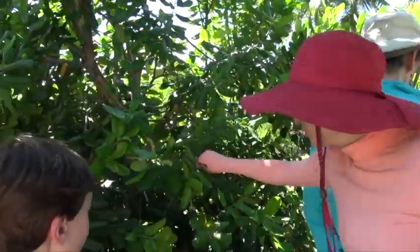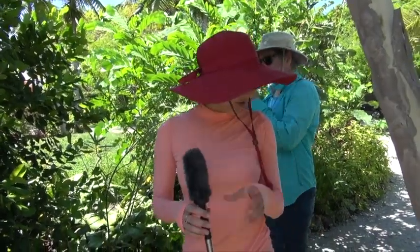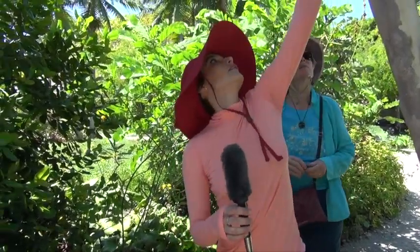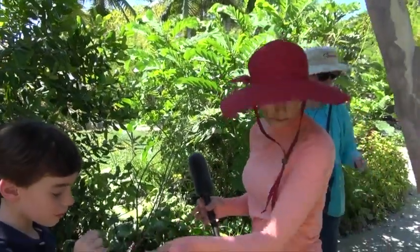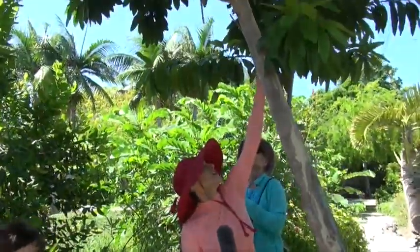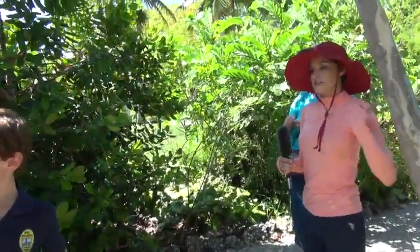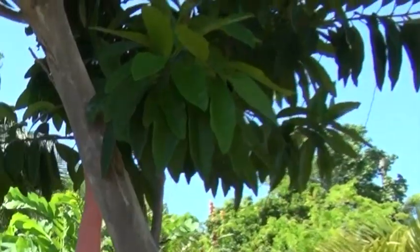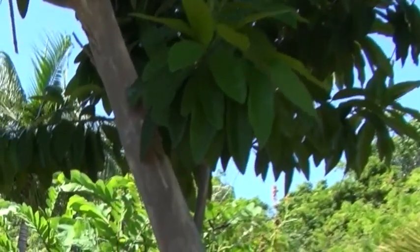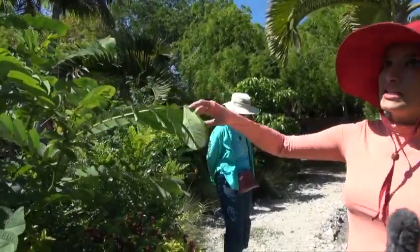I remember thinking. So this tree here, you smell this flower, this leaf. This is bay rum, and over here, oh, it does smell rummish. Over here, this one, you can smell a different smell. Same genus, different species. This one is allspice. So they're the same genus of plant, but they're different species, and they have two different fragrances, and they have two different uses. This is candlestick senna because it gets long,